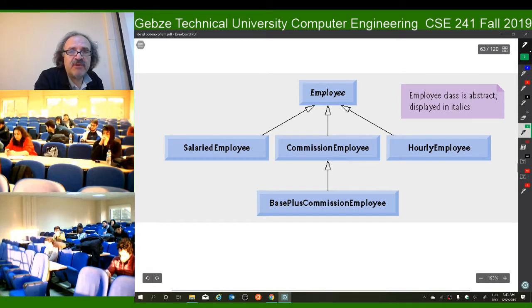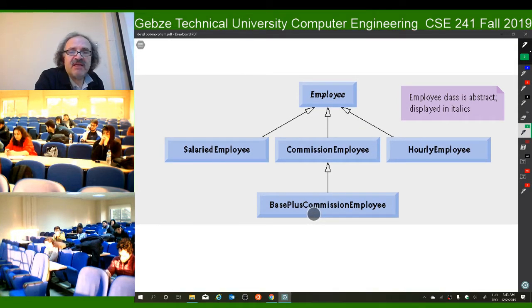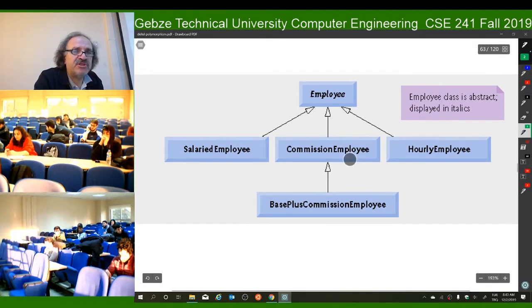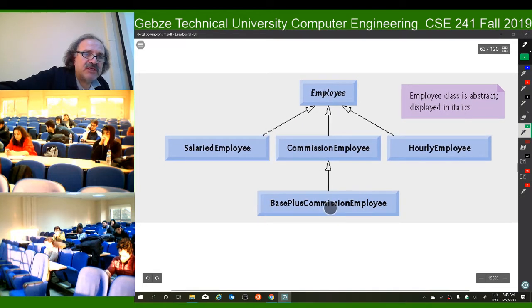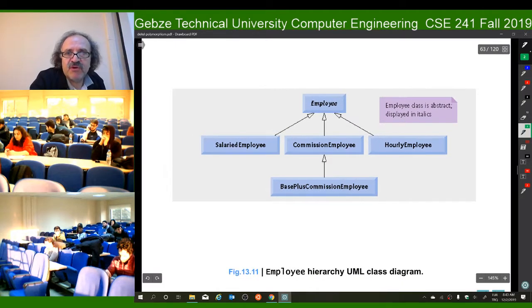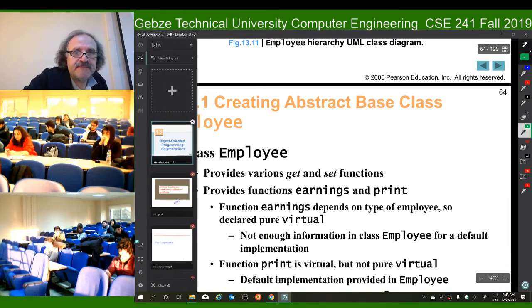Okay, commission employee. Base plus commission employee gets some weekly money, plus he gets some commission for everything that he sells. Okay, so of course this is a descendant of an employee, but this is also the child of this class. Okay, so this makes a kind of a more complex hierarchy than we had before, and there is this